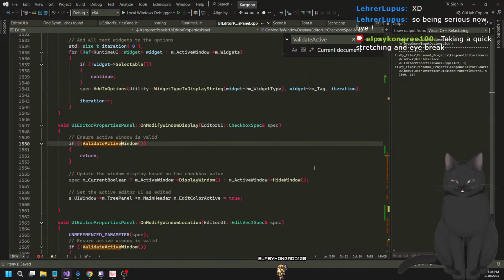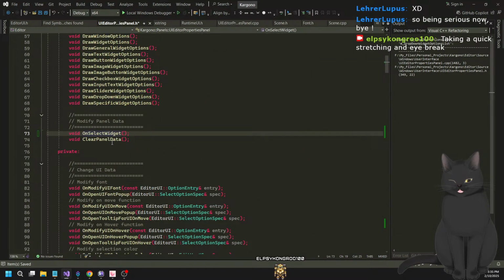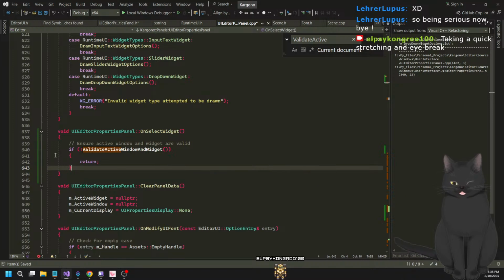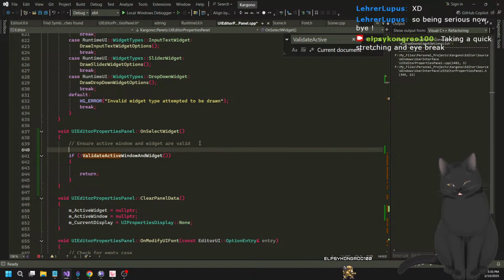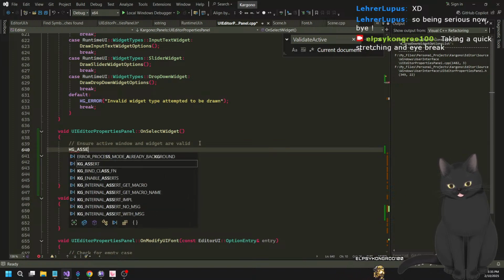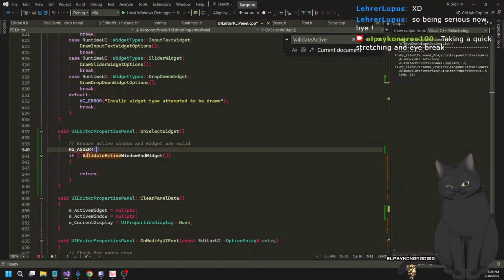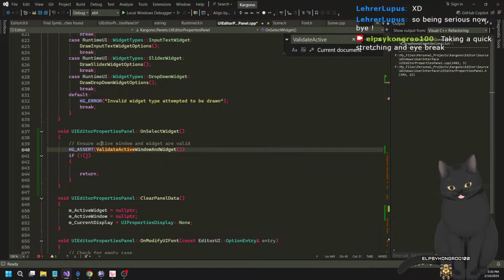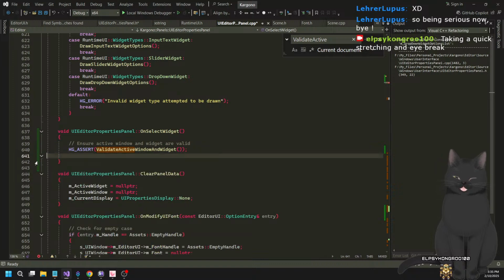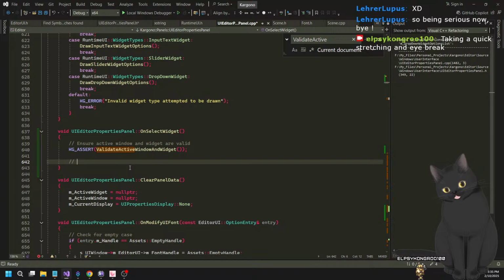Where's the other one? There it is. Okay, so first let's validate. I want to assert this actually. Would it just be weird if not? Right. I don't know. Alright, and then handle